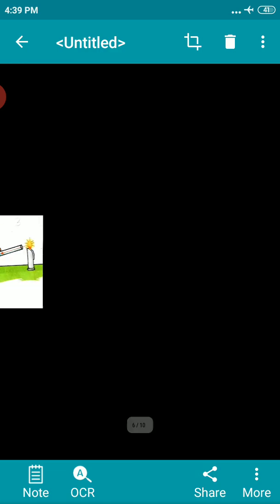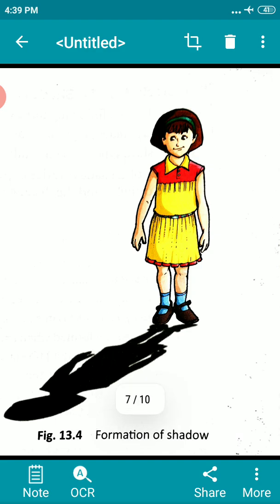Now the next thing we study is shadow. So what is meant by a shadow? Now you can hold an opaque object in the sunlight slightly above the ground.